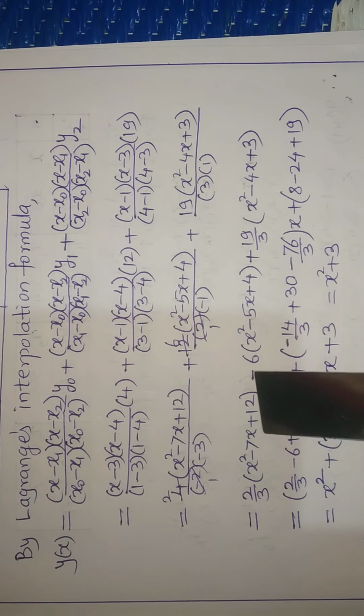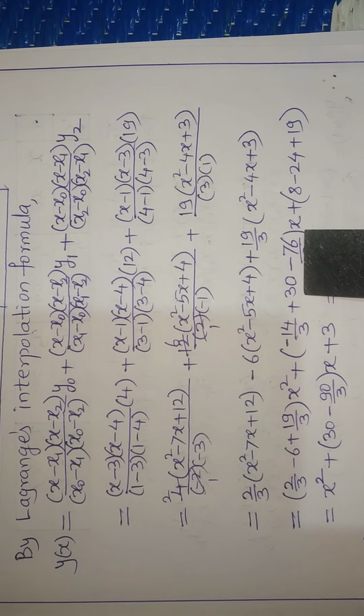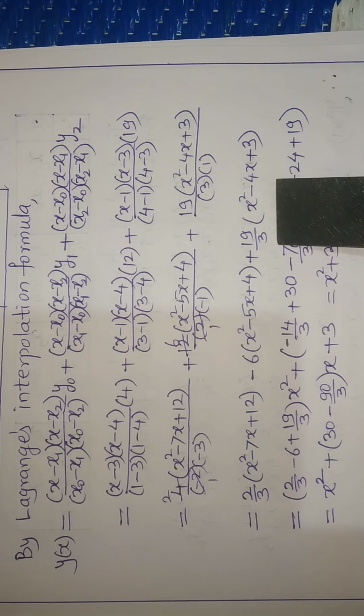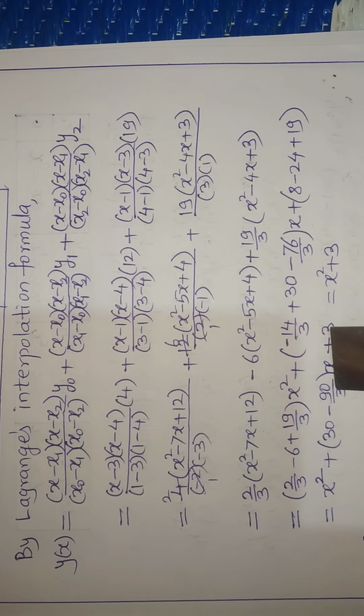you are combining the linear terms now. So this is minus 7 into 2, that is minus 14 by 3. So that is what I have taken. Then it was minus minus plus, 6 5s are 30, and lastly you are watching, this is 19 by 3 multiplied by minus 4, so it gives you minus 76 by 3. So if you add these terms, so minus 14 and minus 76, it gives you minus 90, and you have 30 minus 90 by 3 means 30 minus 30, so x goes off, there is no x, 0x.